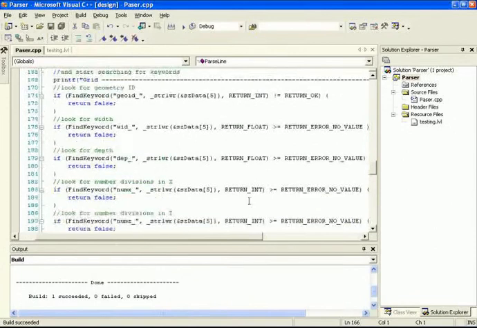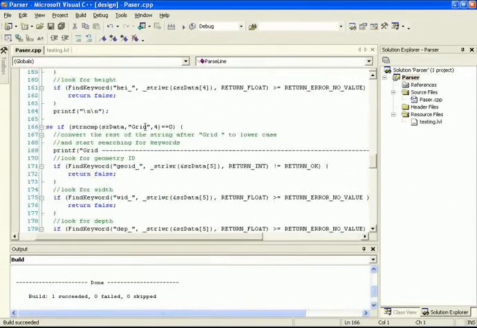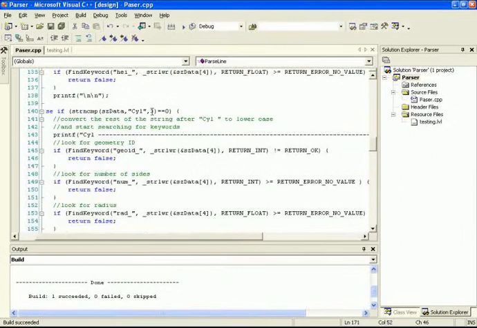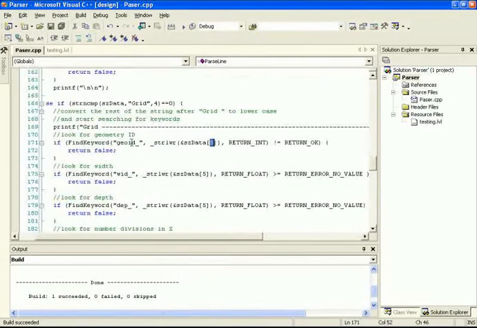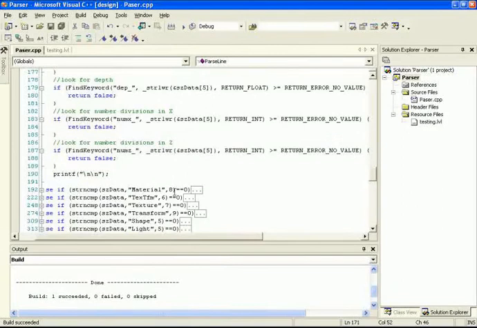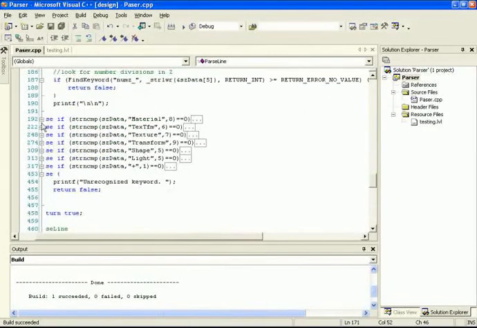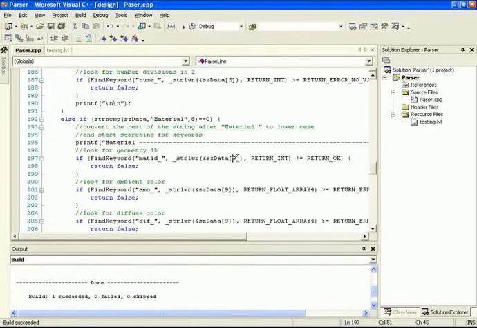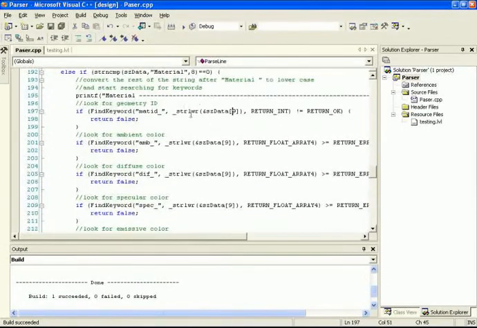Now notice here, the grid keyword is 4 characters long. So to include the space and the character after that, we now index number 5. This index number will always be the length of the keyword plus 1. So here you saw cylinder was 3, so 3 plus 1 is 4. Here we have grid, which is 4, so 4 plus 1 is 5. Here we have material, which is 8, so that means that we're going to be indexing for number 9, just as shown here. And the parameters that we look for are material ID, which is the required field, and then